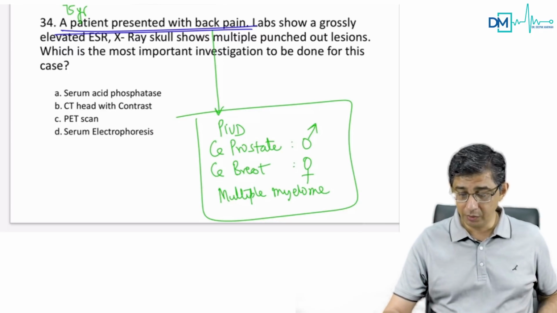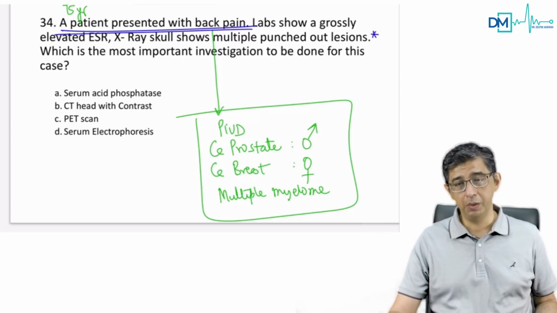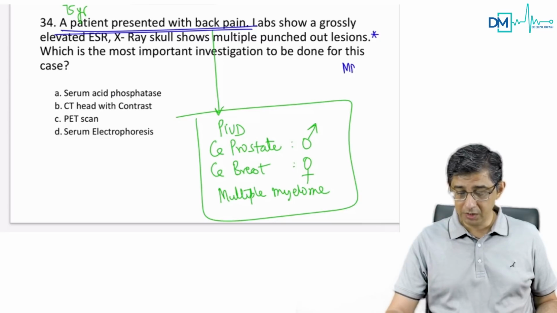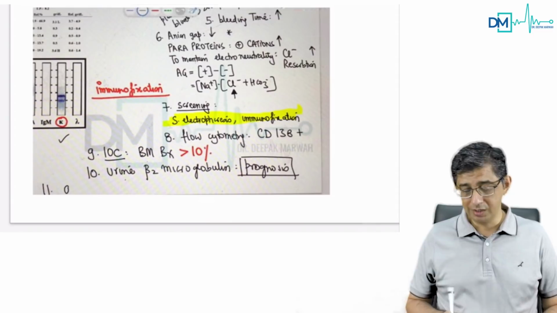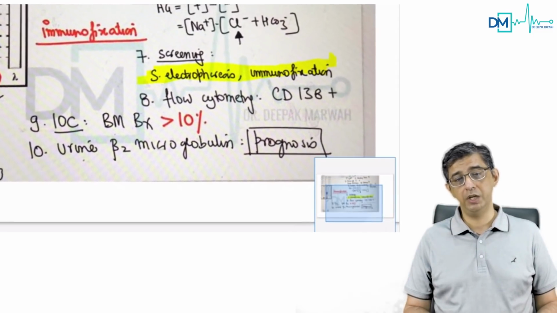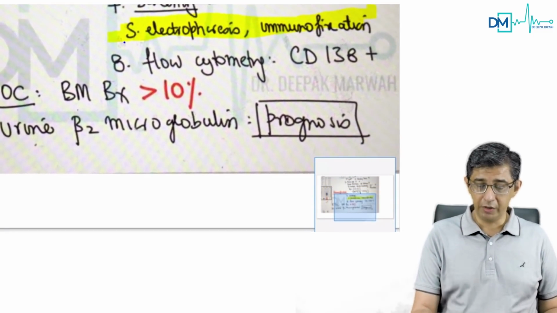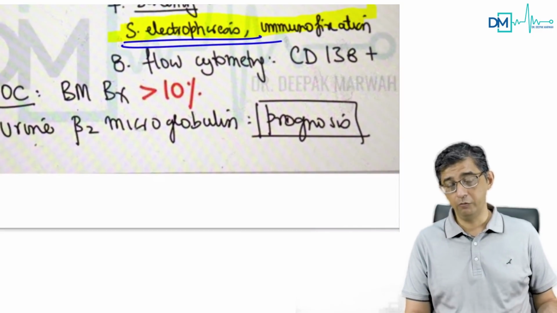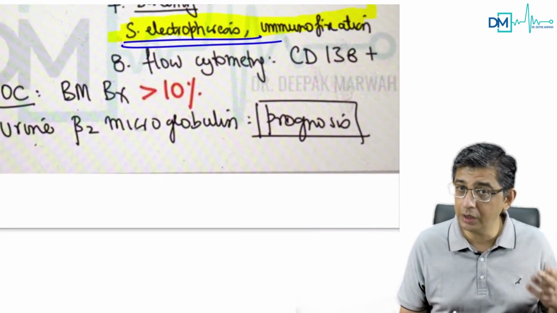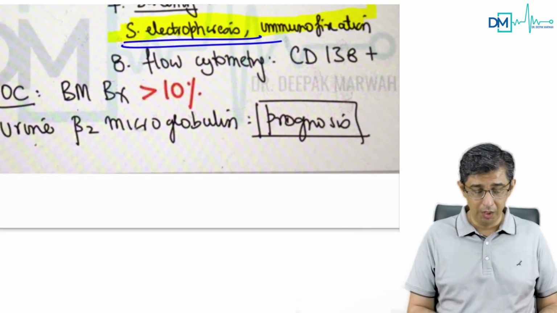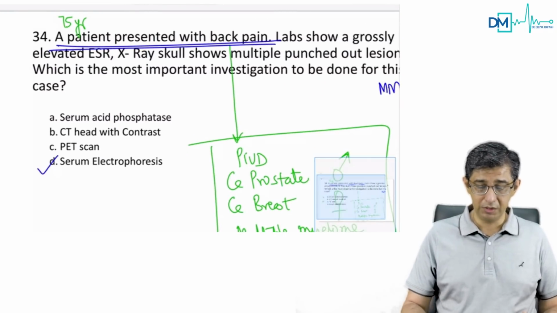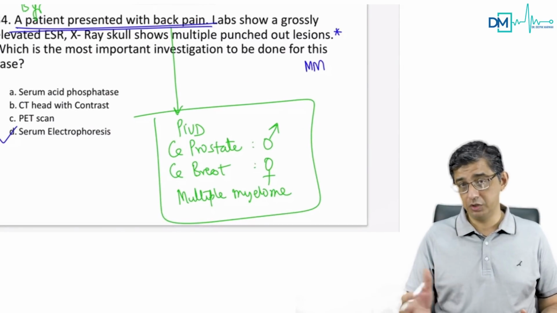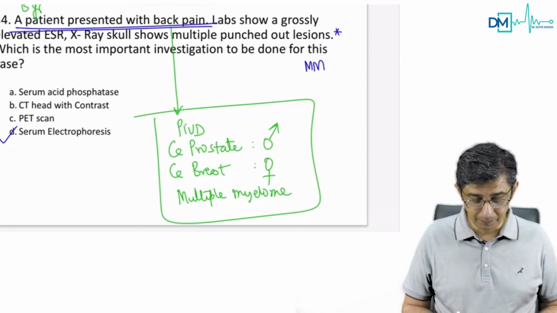And then you can see punched out lesions. So he's telling you it's multiple myeloma because of the punched out lesions, and he's asking what test would be done in this patient. I can show you a snapshot from the app where I have discussed multiple myeloma. The highlight screening test is electrophoresis. We can do either a serum or a urinary electrophoresis in the patient that will show a monoclonal component or an M spike. The correct answer to this question is delta. And do remember the differentials for low backache in old age.